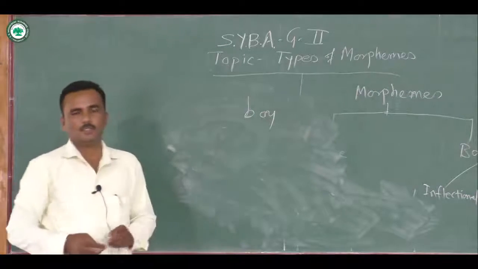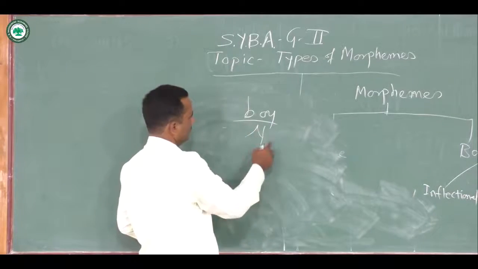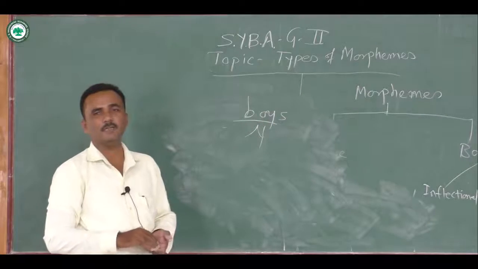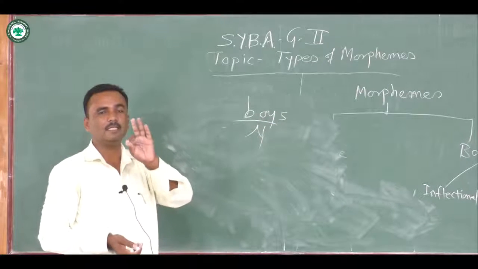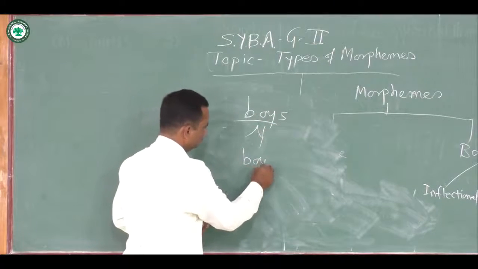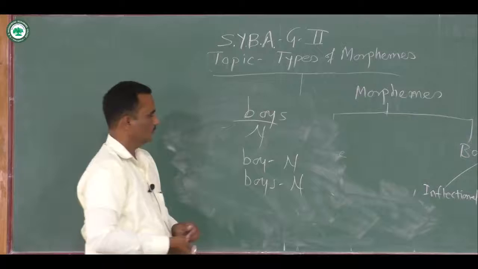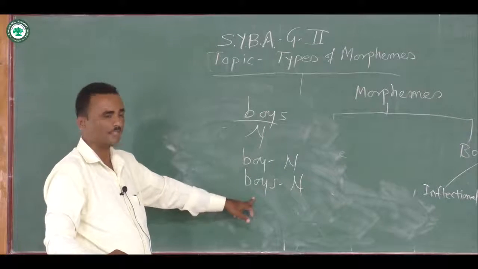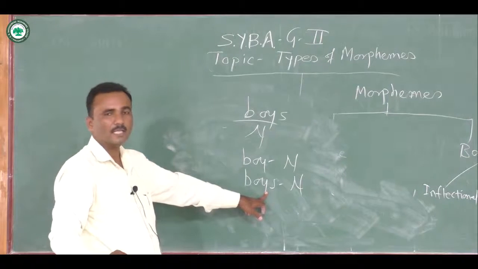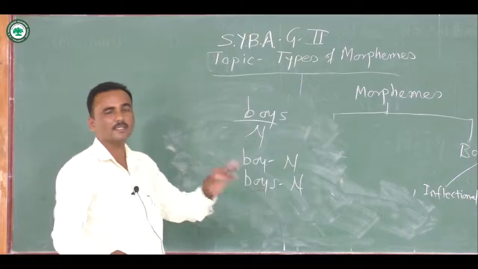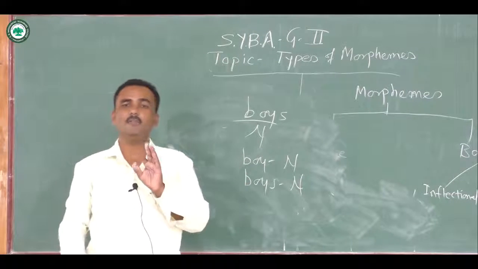For example, look at the word boy. So boy is the root, boy is the base, boy is the stem, it is a noun. When the morpheme s is added to it, it becomes boys. So from singular it became plural, but the category remains the same. The category of boy is noun and boys also is noun. So the class is not changed, the category is not changed. The attachment of the morpheme here does not change the class, it does not change the category of the root or the stem. Such morphemes are called inflectional morphemes.